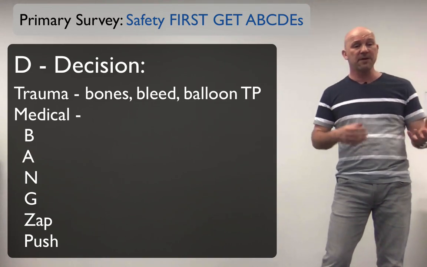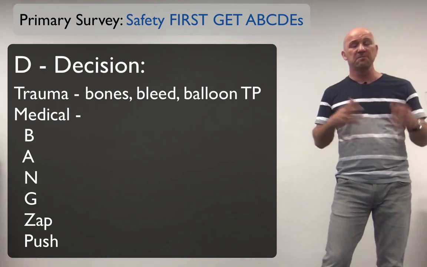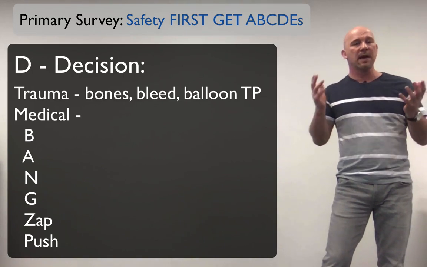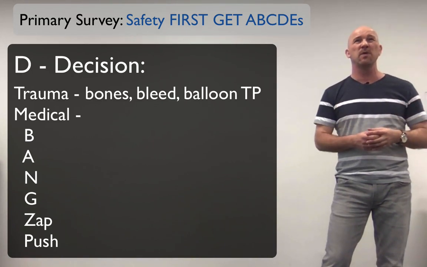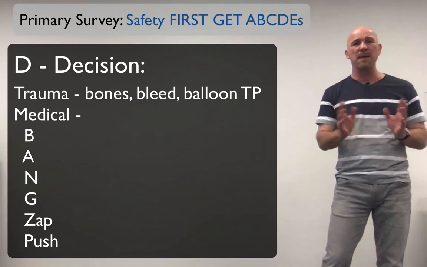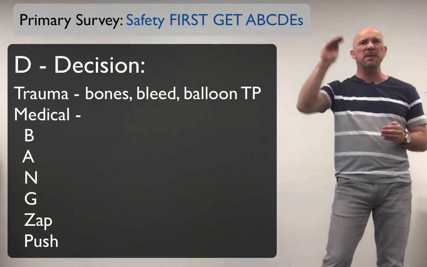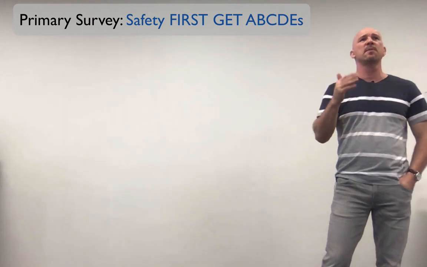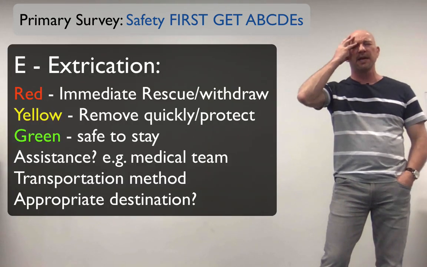Do we need to defibrillate her or cardiovert her or pace her? Nope, she's got a good pulse and she's alert and oriented. Do I need to do an IV push of fluids? Nah, she's got good radial. I'm happy with her perfusion. So that's my decision. Now I'm going to start thinking about extrication, and I think generally,